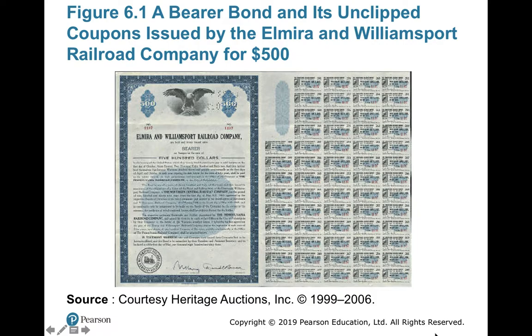You can see it is a bearer bond: whoever holds the bond will be the holder of the bond. That's why it is a bearer bond, and $500 is written on it, and the company's signature and seal are there. On the right hand side, the bond coupons are attached. Once the time comes, they will be redeemed by the bondholder to get back the coupon.